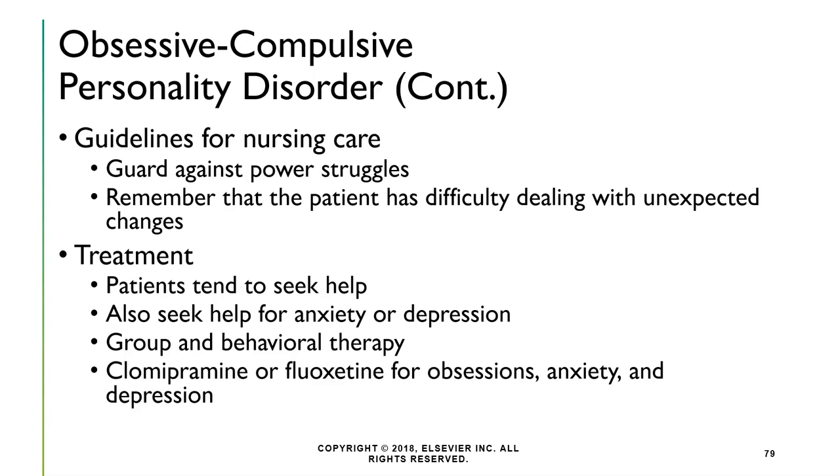Treatment's long, it's complicated. They're just not going to be open to it. Group therapy and individual therapy can again be helpful. Medications, it does list two. Fluoxetine is one, Prozac, that I see more frequently for obsessions, anxiety, and depression. But it's going to be based on the symptoms, and the medication will help with the anxiety and the depression, but not with the rigid standards and the perfection.